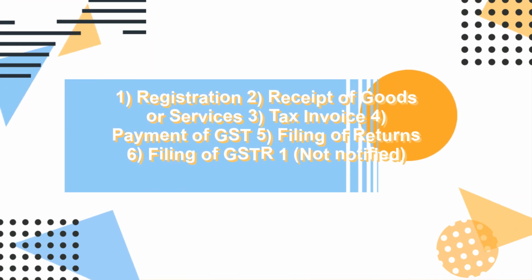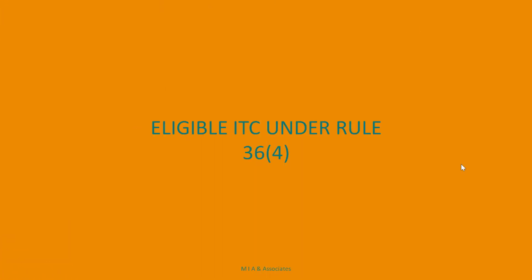An important aspect under the ITC is matching of invoices reported by the supplier automatically through technological tools. Since there is no auto matching mechanism, recipients are required to do the matching manually through several forms including 2A or 2B. It is in this backdrop that Rule 36(4) comes into the picture and plays a significant role in reversing ineligible ITC.